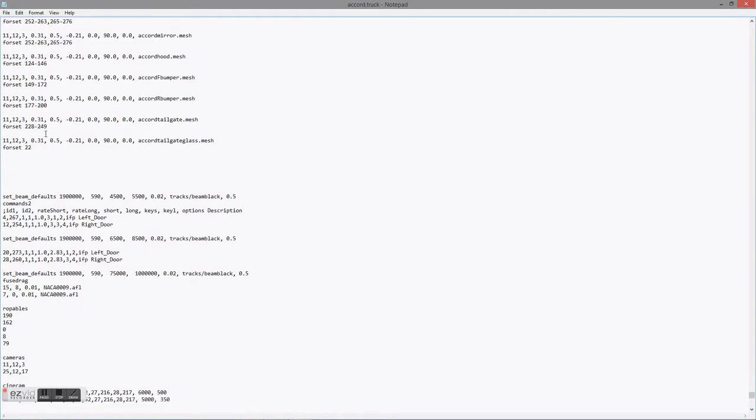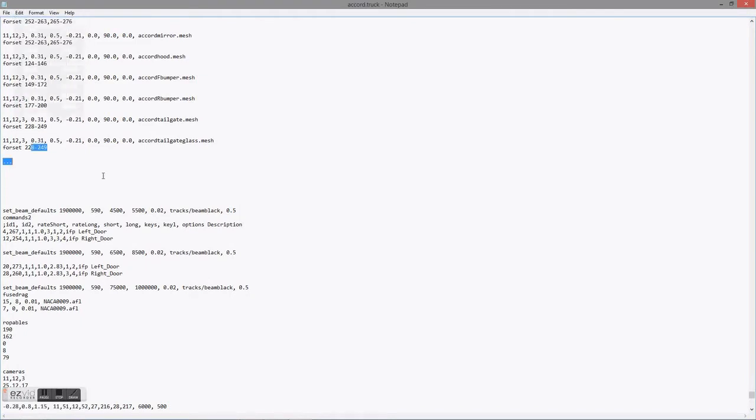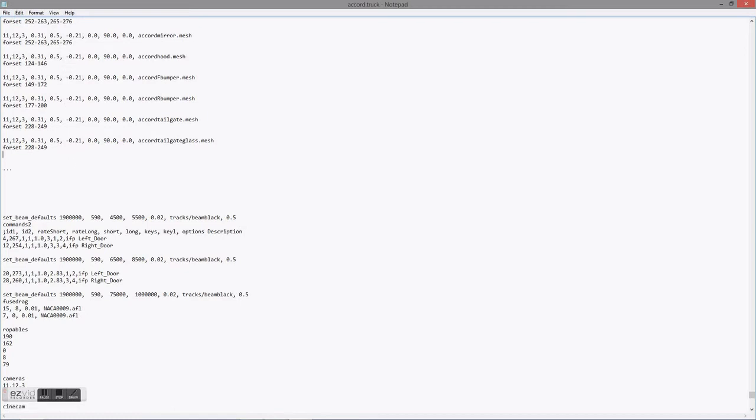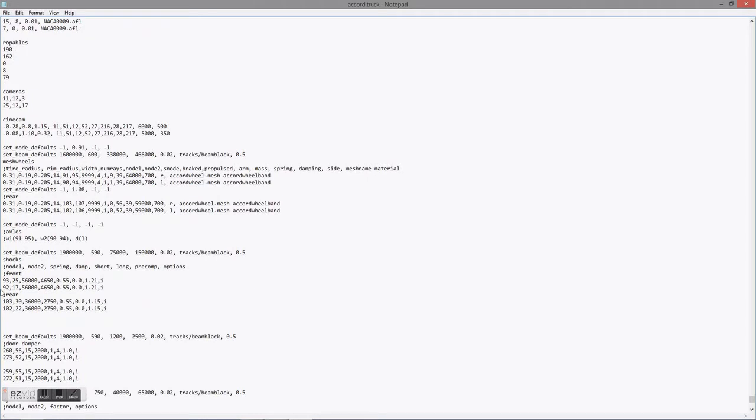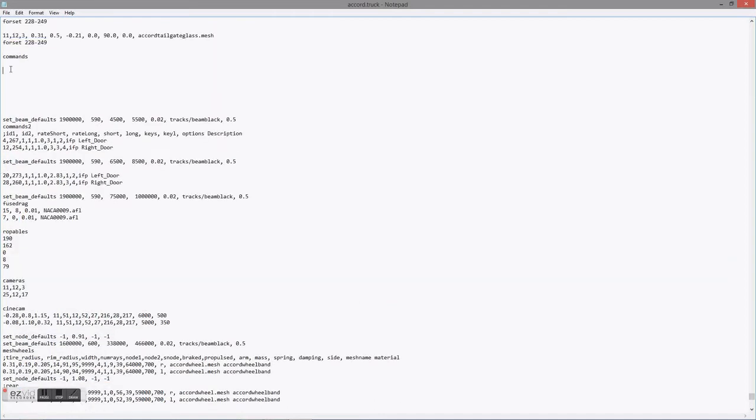Okay guys, so now I've got the Accord truck opened. I've got a new .truck because I've already done it to this car, so I just deleted that. So I'm going to go ahead and type commands right there. Go ahead and press enter, and then go down to shocks. So I'm just going to copy and paste